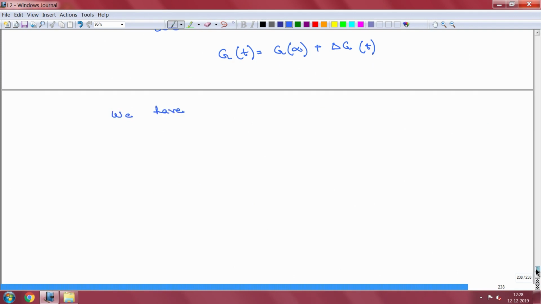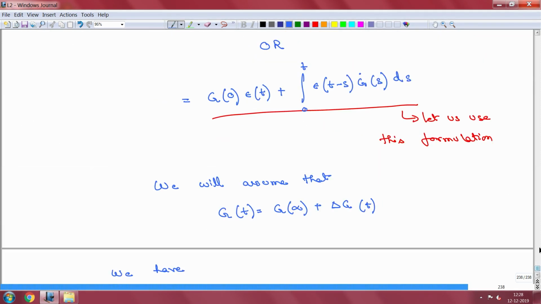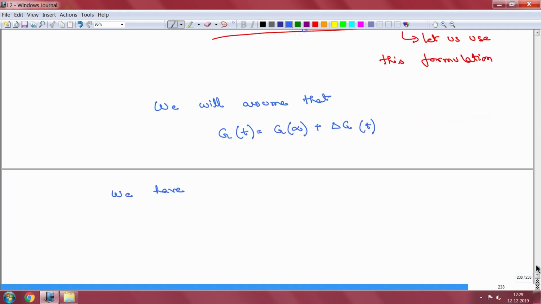So, using this particular expression, when you insert this over here, the derivative will only account for the second term. So, the derivative of G(t) will only involve the delta G, and not involve G infinity. So, we can write sigma(t) is equal to G0 epsilon(t) plus integral 0 to t ds